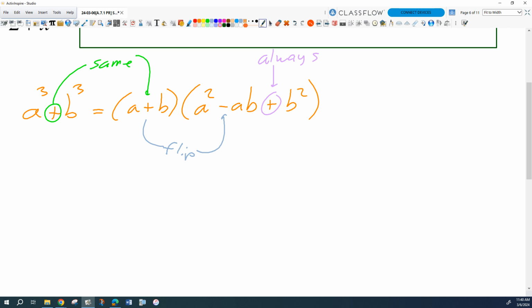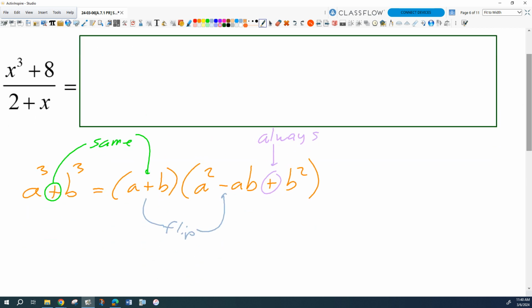What about the other parts of it? Well, the first one is easy. It's just A and B. In the trinomial, it's also easy. It's just the 3 ways of multiplying A and B: A times A, times B, times B, right? Make sense? Okay, so for us then, if we go back to this example, how is x cubed plus 8